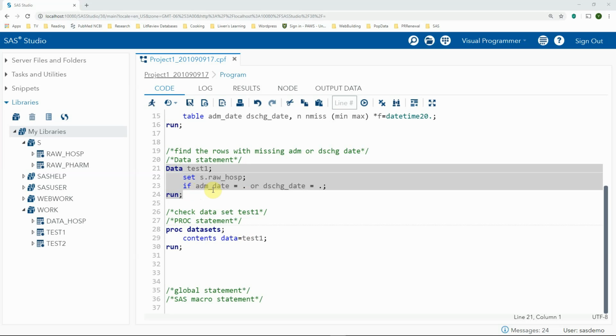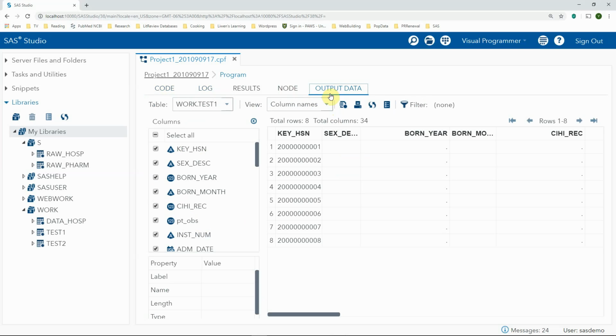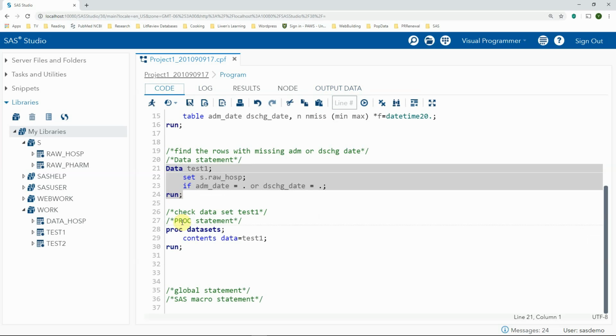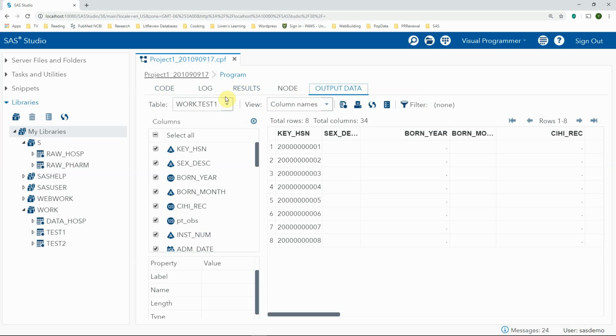Last time we selected the records with the missing value for admission date or discharge date. So there are 8 rows. By the way, I forgot to mention that this data statement is going to create a data set, and for that reason, now we have the fourth window, which is called output data. So every time the data step creates a data set, it's going to automatically switch to the output data. Then you can view